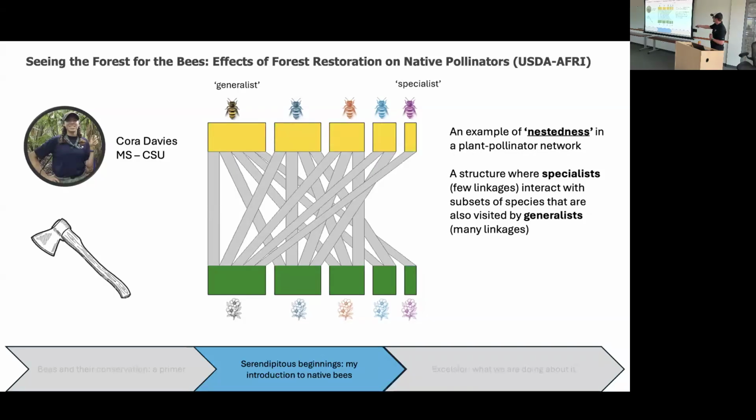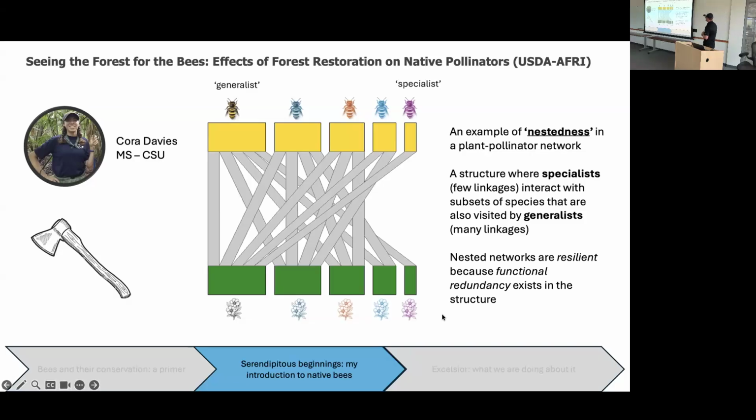So things like the number of connections, the relative nestedness of the network, and so on, allow us to make some inference about how resilient the system is and how likely it is to collapse if you start randomly taking species out of it. Because also recall that species are randomly extirpated or go extinct all the time. We just don't know it. So yeah, these nested networks are resilient because there's all this functional redundancy built into the pollination network.